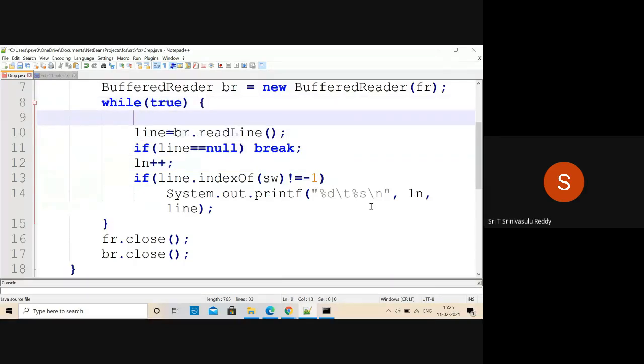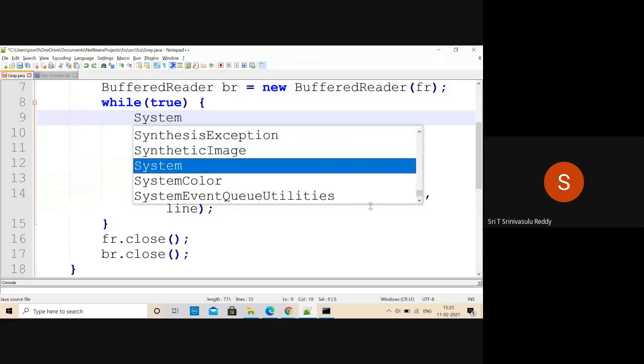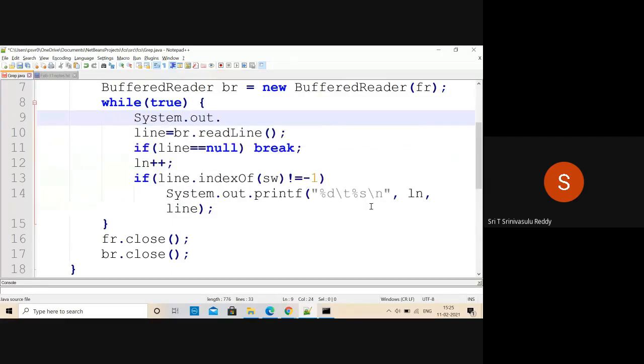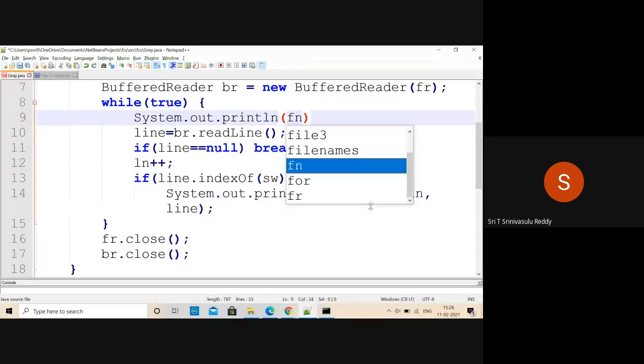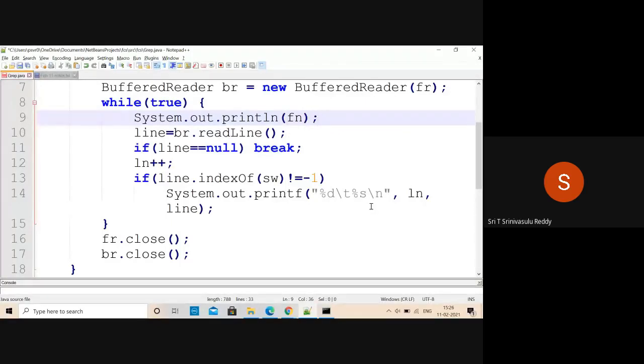Here you are going to specify System.out.print, or we'll say println only. That's better. Println of file name. So what is the file name here? Fn is the file name. We know that. Println of just simply file name like this. It's going to print a file name, then all the other details.